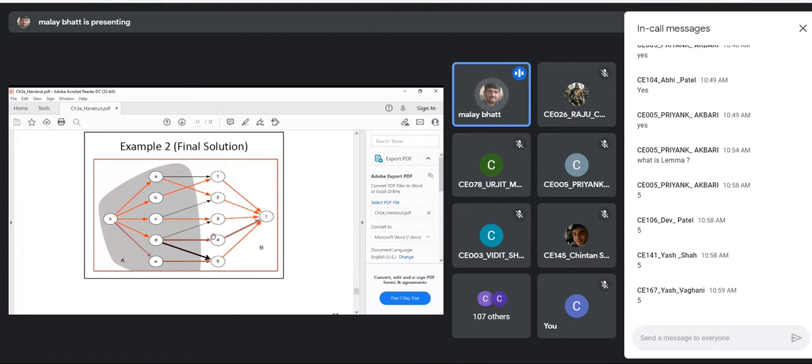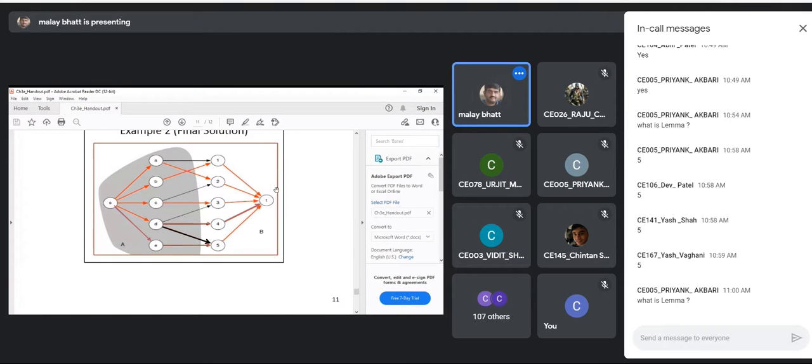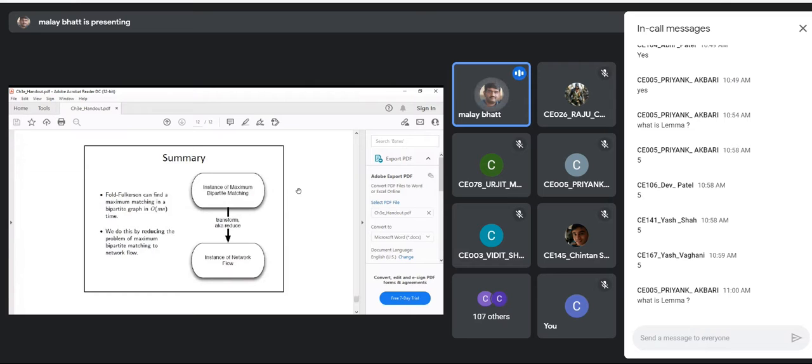Yes, any query in this? So it is just an example of the Ford-Fulkerson method. What we are doing is one kind of theory of reduction. You might have studied theory of reduction in algorithm analysis. Yes or no? Have you gone through it? Because during the D2D sessions, we discussed that theory of reductions. So have you studied that theory of reductions? Yes or no?